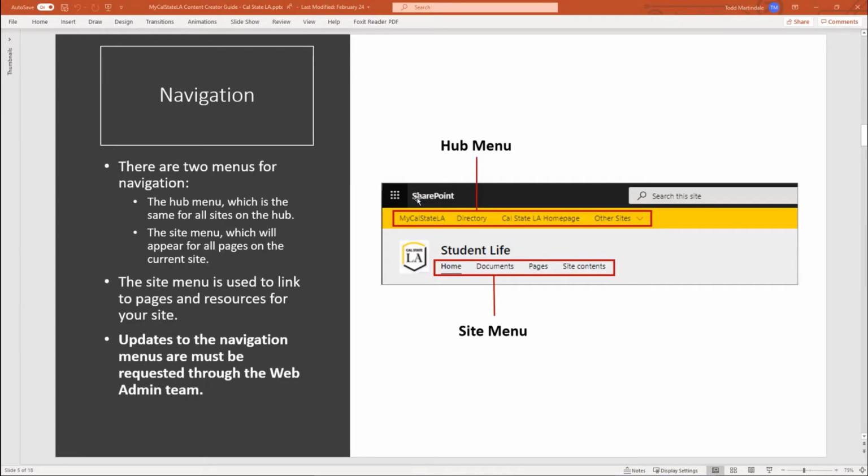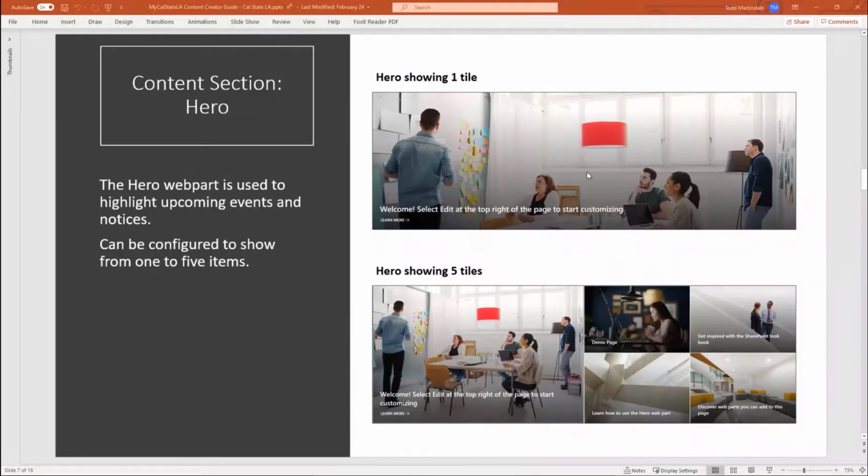OK, so the hero content, like we were showing, it allows you to show from 1 to 5 tiles. And this is more for upcoming events or notices or things like that. Not necessarily something as transitory as news that'll just get pushed off when new items come up. But the hero, you can feature something and have it stay there for as long as you want. And like I said, it can be from 1 tile up to 5. And I'll show you what the different tiles of different styles look like and how to do that. But that would be a good way to highlight any kind of content, a page or something that you wanted to call out to.